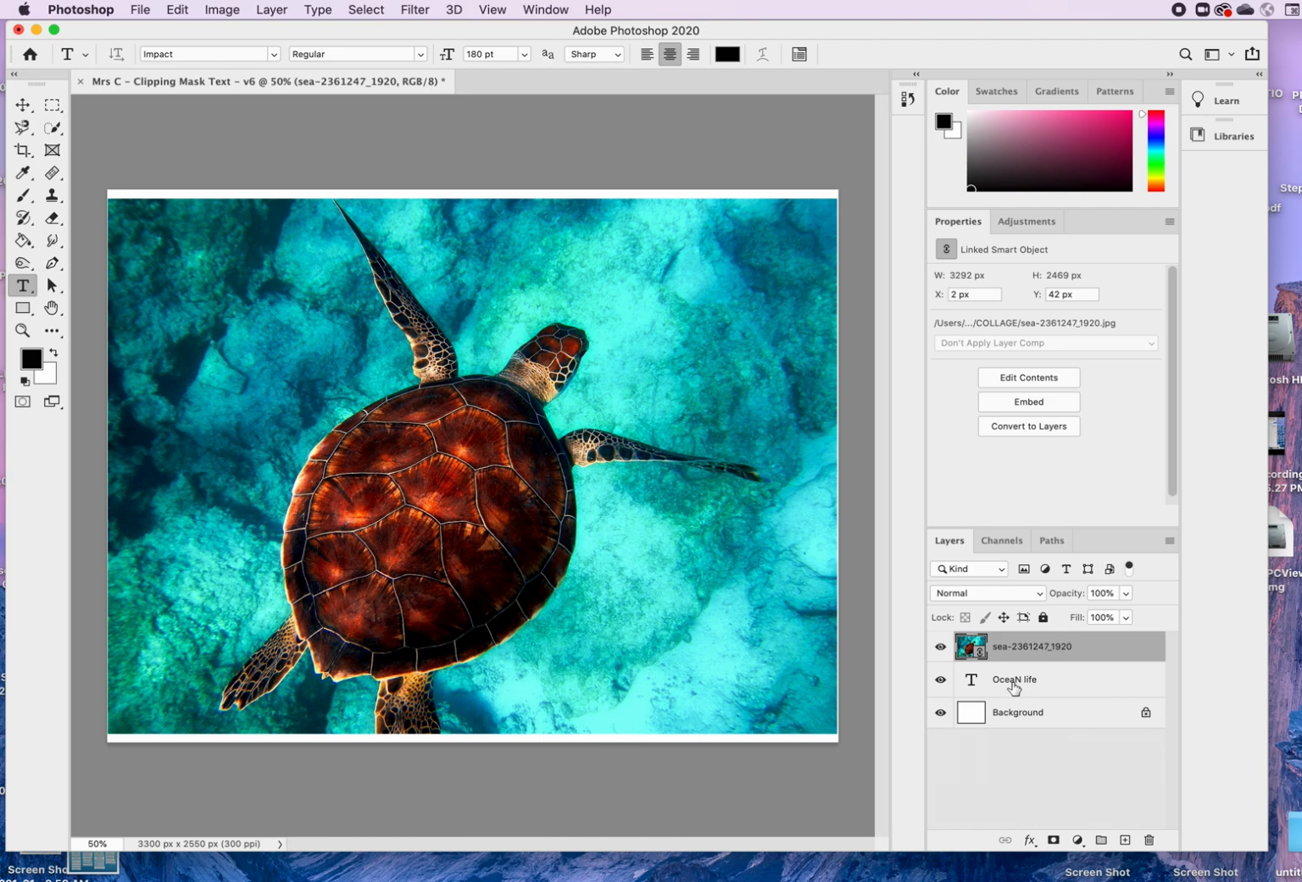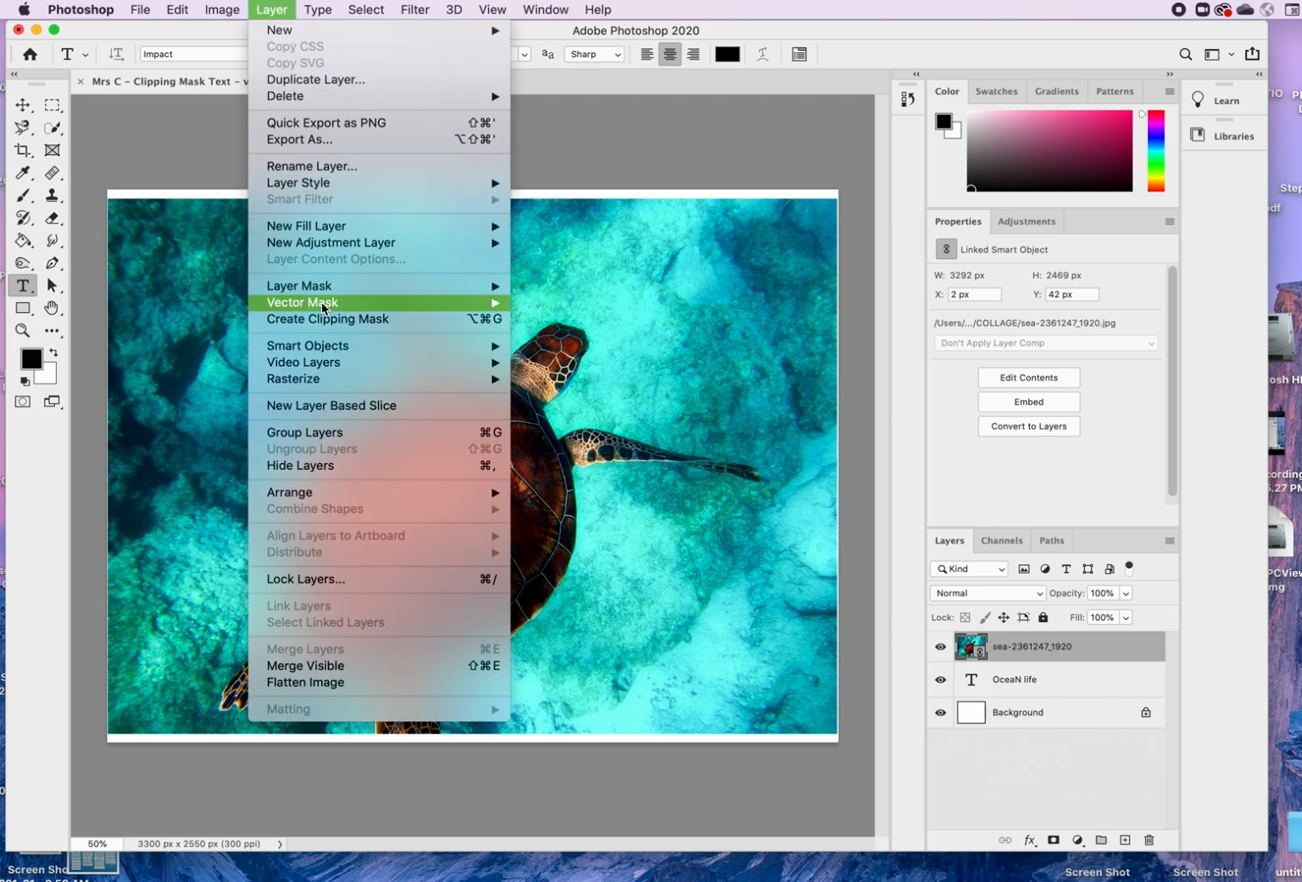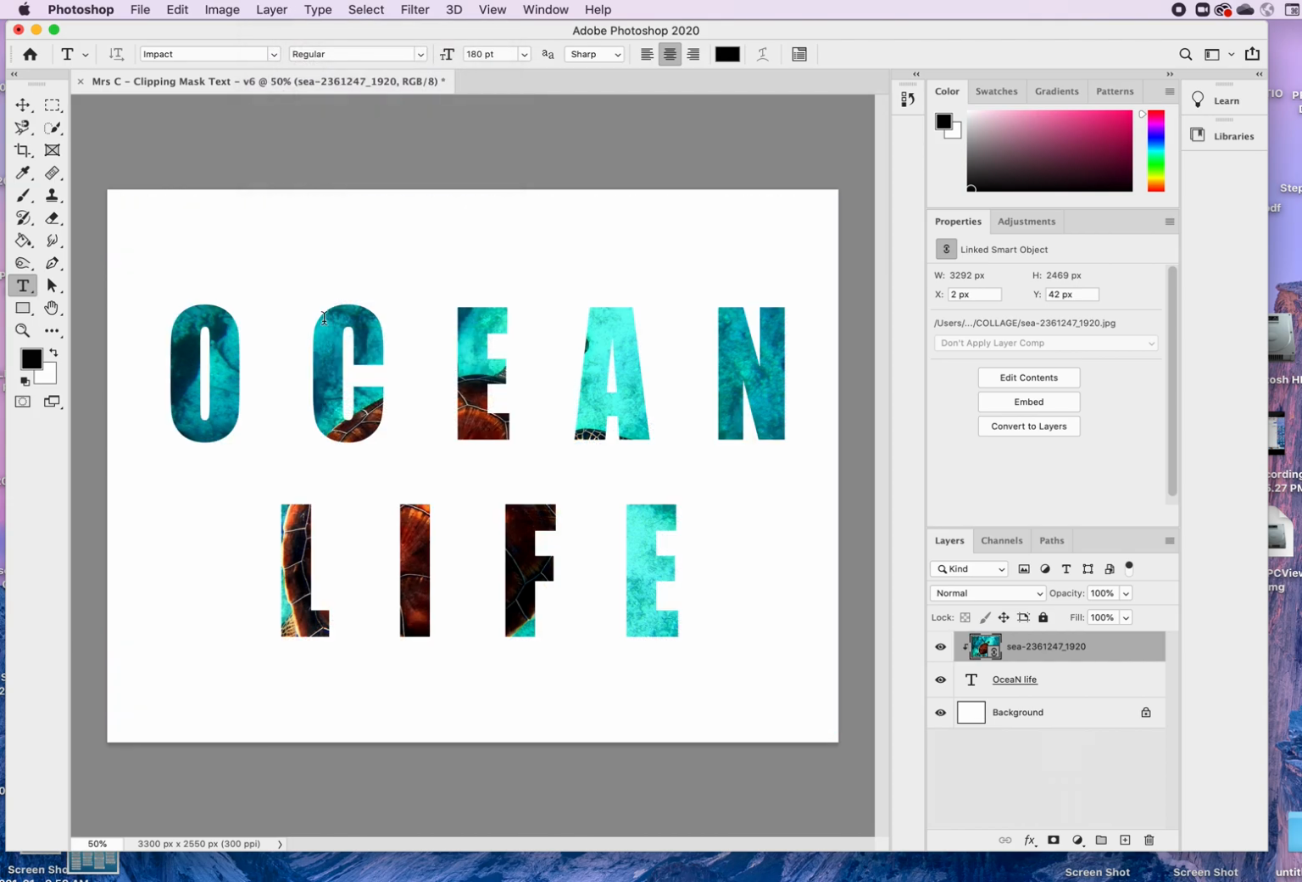And so what you see has happened here, this photo, do you see that little symbol right there? If I hover over it, it says Smart Object Thumbnail. So what that means is now this photo knows that it is working in conjunction with this. So these two items are working together, okay? So how do I make this picture now become my words, Ocean Life? It's very simple. I go up to Layer, and I go down to Create Clipping Mask,